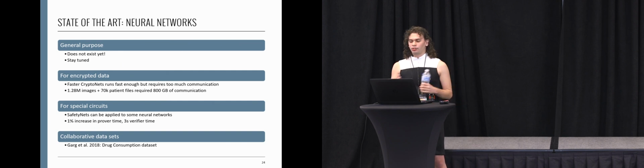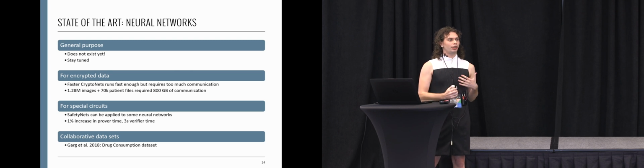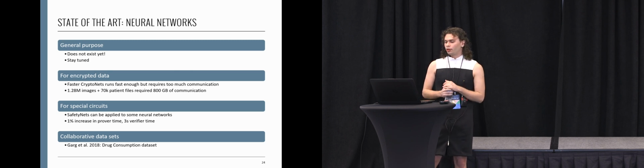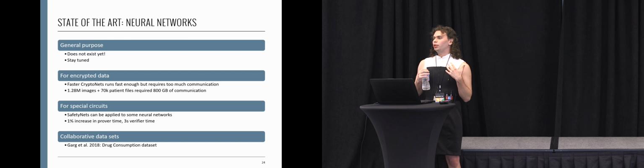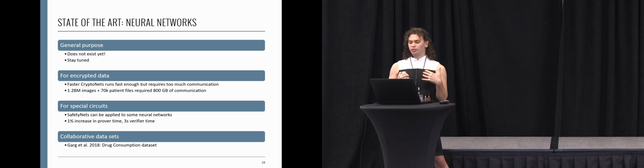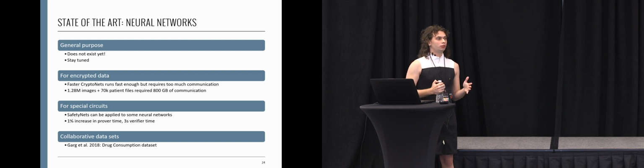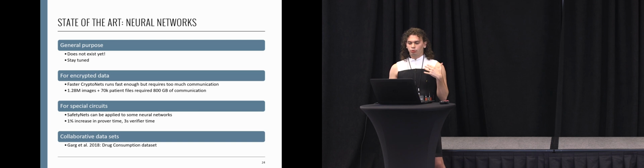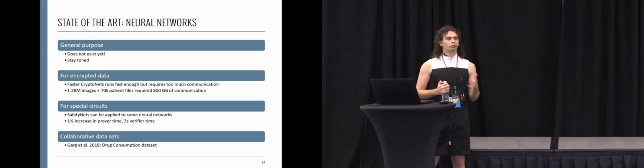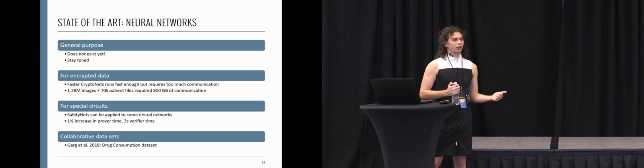For neural networks, there isn't any general purpose approach, but for different questions that you care about, there are partial solutions. For example, for encrypted data, maybe you have information that you want someone to analyze for you, but you can't give them access to the information at all. Instead, you have to send them an encrypted form of the information. The protocol works pretty well. It runs quickly. It introduces minimal overhead.